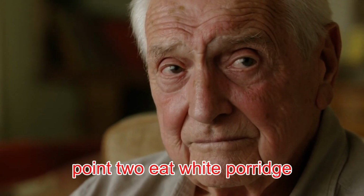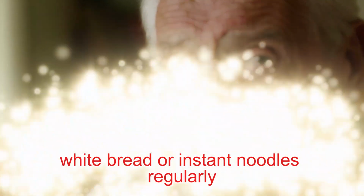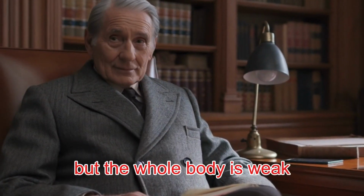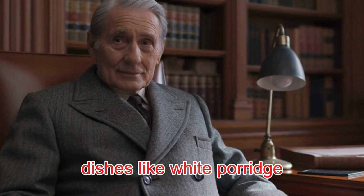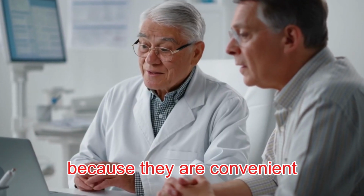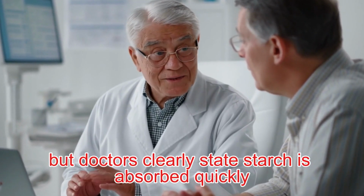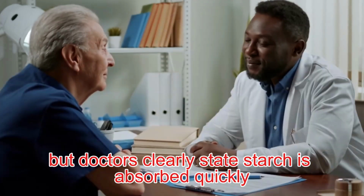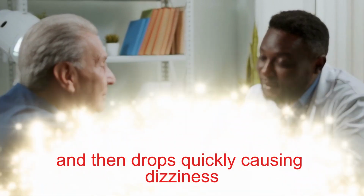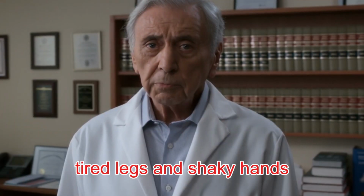Point 2. Eat white porridge, white bread or instant noodles regularly. Eating a lot of starch in the morning is like pouring gasoline into a car with water. It looks full but the whole body is weak. Dishes like white porridge, white bread or instant noodles are chosen by many people because they are convenient, but doctors clearly state starch is absorbed quickly, suddenly increases blood sugar and then drops quickly, causing dizziness, tired legs, and shaky